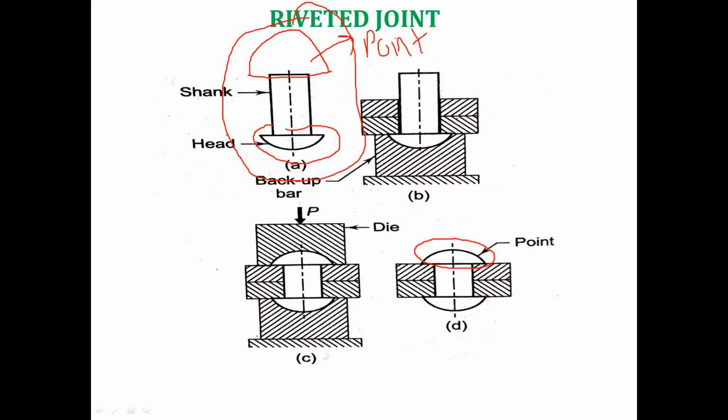So basically a rivet consists of three parts. The first part is called the head, which is integral to the shank. The second part is called the shank. The second name of the shank is the body of the rivet, and this shank is cylindrical in nature. The cross section of the shank is circular, and at the end portion of the shank, again you have to make a head of the rivet. Then only this rivet will be a closed joint, and that head portion is known as the point portion.